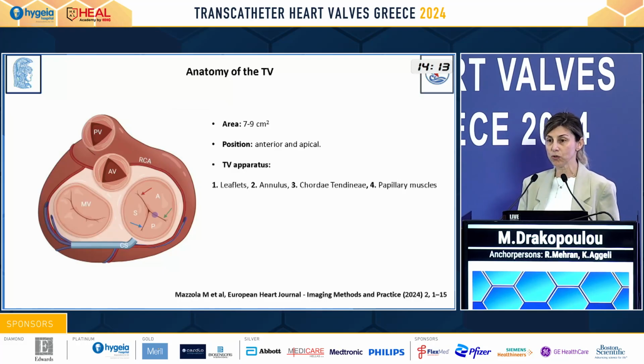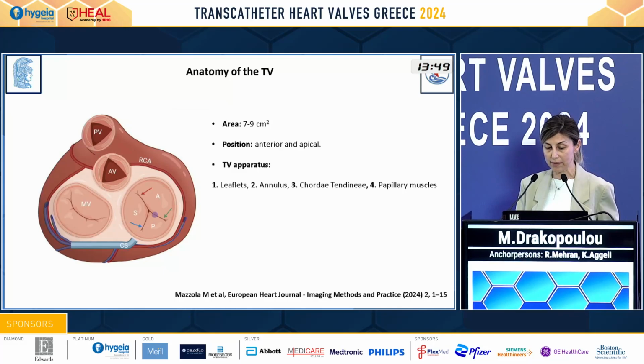And as we can see, usually the tricuspid valve has 3 leaflets, the anterior, the septal, and the posterior. We see that the anterior leaflet is the highly mobile leaflet. It is thin and it has a great circumferential area and a great radial length in comparison to the other 2 leaflets. The less mobile leaflet is the septal leaflet, which is attached to the septum, and the smallest leaflet